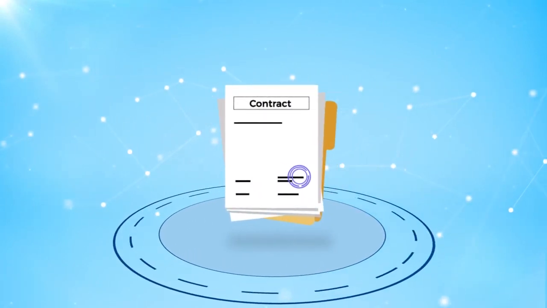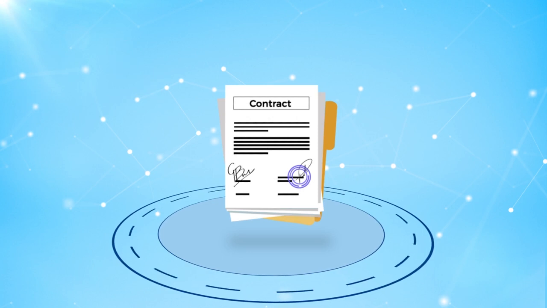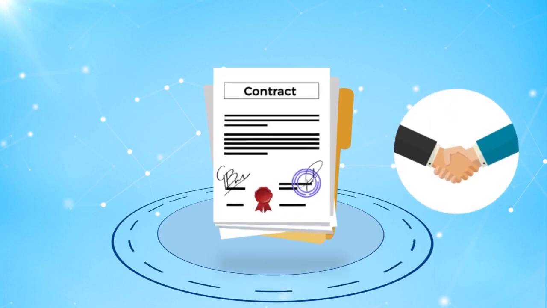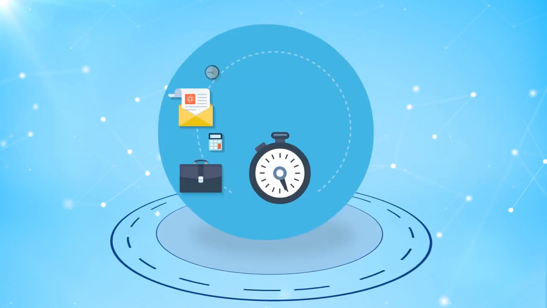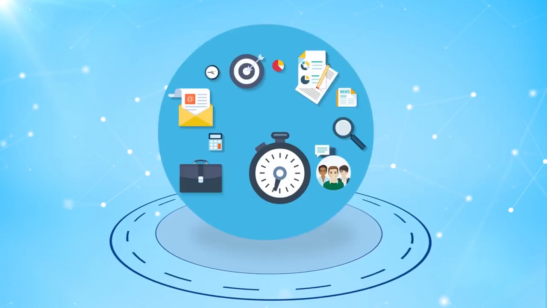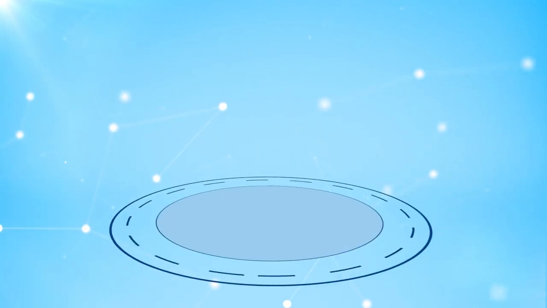Contracts help organizations manage their risks and resources. In traditionally managed projects, the most commonly used contract is a fixed-price contract. Fixed-price contracts aren't generally the best for Agile projects, as they assume a fixed scope. They also place risk on the team implementing the project because if the work ends up exceeding the estimate, or